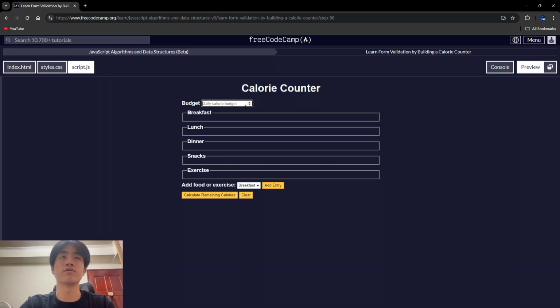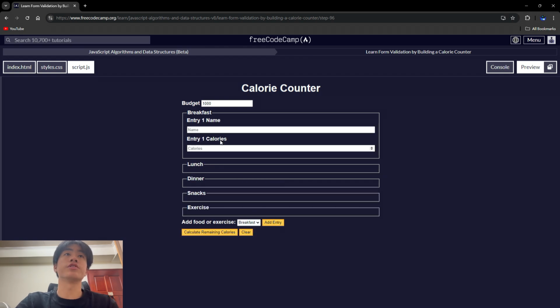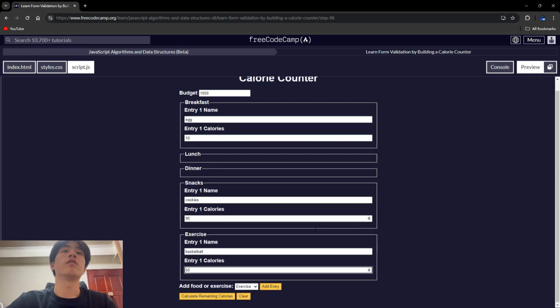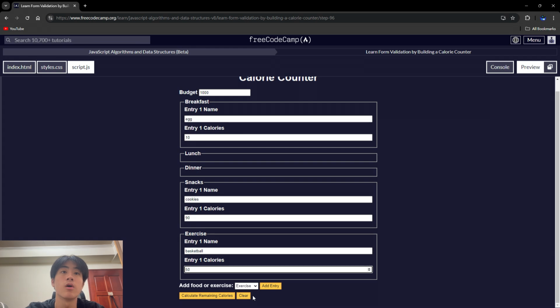First you need to enter your budget. So if my budget is 1,000, you can add an entry here. Right here I select breakfast and add an entry, so just put a name like breakfast or I ate egg. When you finish adding your calories, you can just click calculate and